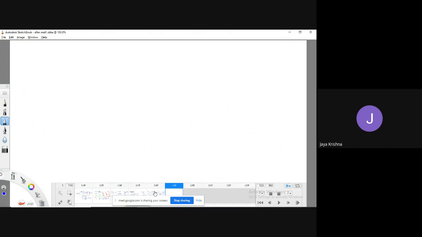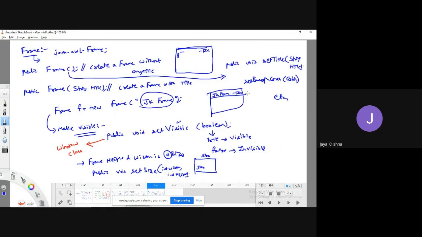Okay, so we have discussed various methods. Observe, guys, setSize is a method of the Window class, not the Frame class, whereas setTitle and setBackground color all belong to the Frame class. Knowing this is important, but it is not a particular need.